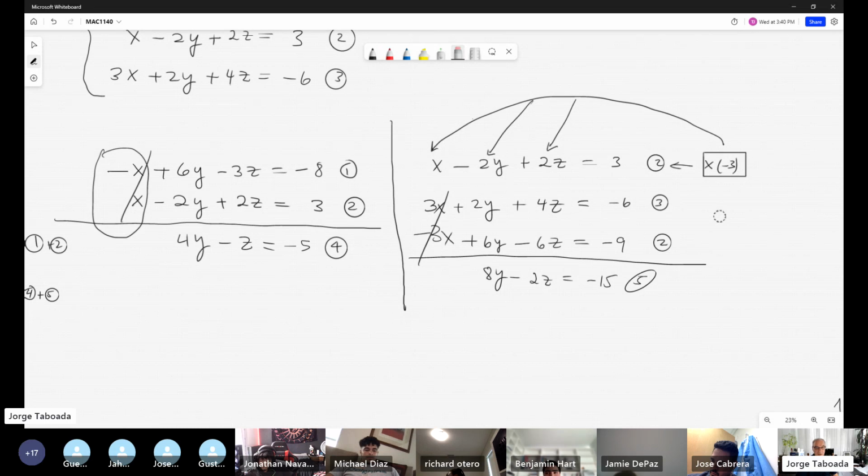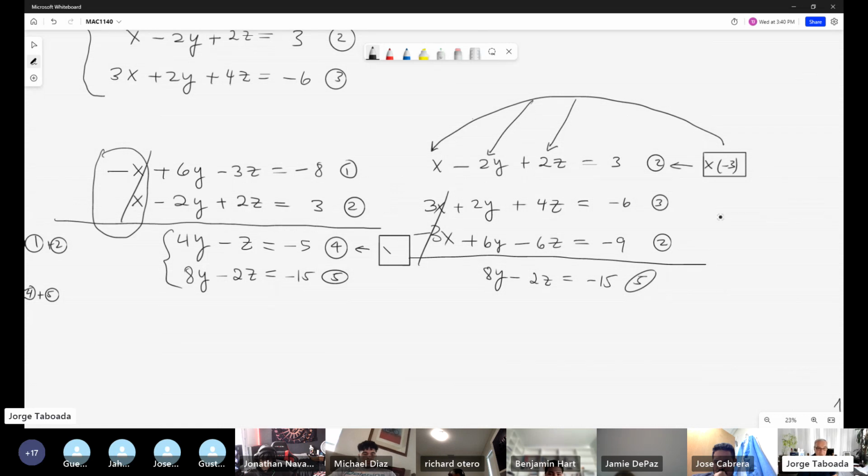I copy. I like to copy in any way here, down. 4y minus 2z equal negative 15. This is my equation 5. And we focus now on the solution, super easy, elementary. 2 equations and 2 unknowns. Exactly what we were doing at the beginning. Well, no idea. However, I propose you, for example, multiply equation 4 by, let me erase this,